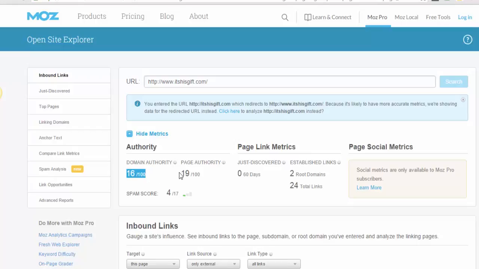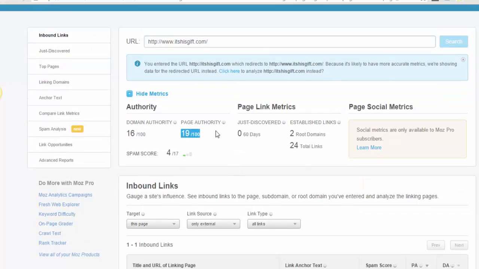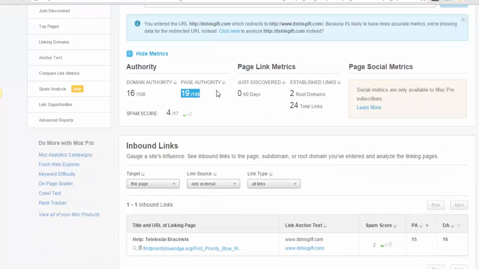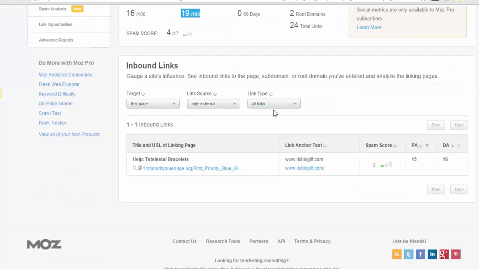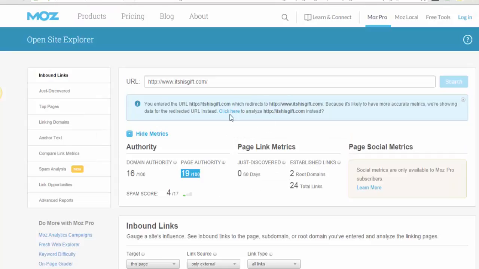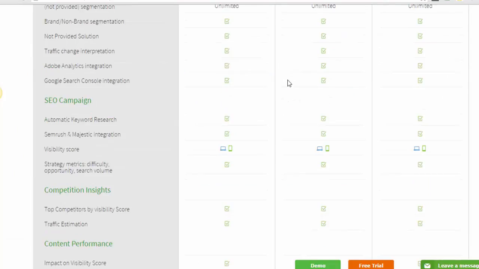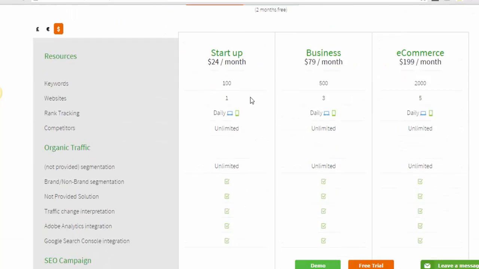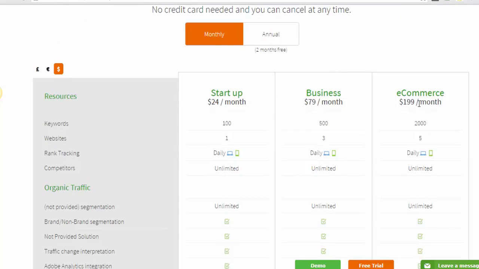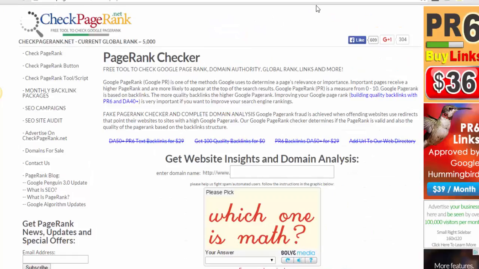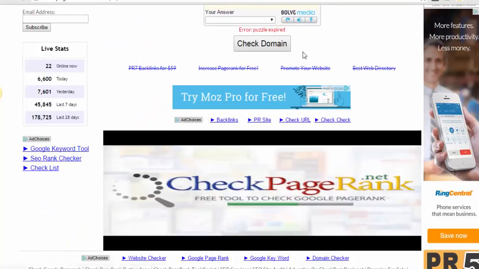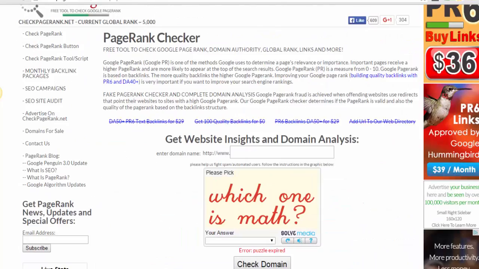But domain authority, page authority, you're going to want to know where you rank on that, or what your authority is, because it's going to help you rank better in the local search market if your score is lower than this. But so that's a good tool. There's a lot of good tools at moz.com. And then SEO Monitor, again, this is $24 a month, $79. It's a keyword tool. I do use PageRank Checker, and that's just to check your page rank, and it can tell you some link information as well.